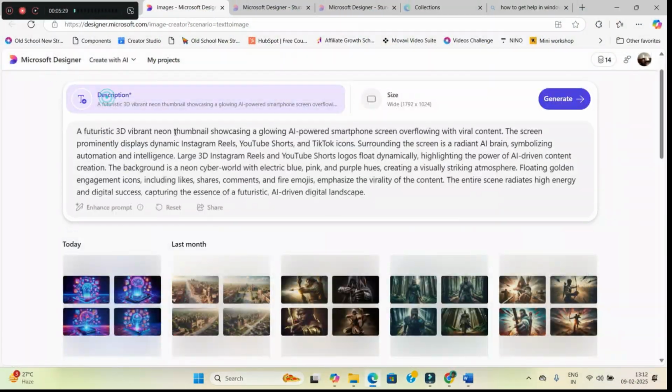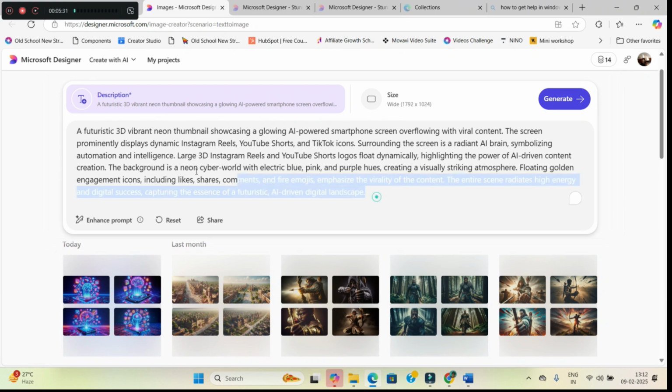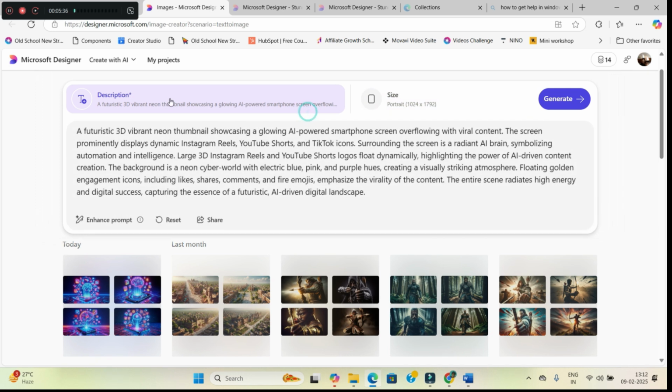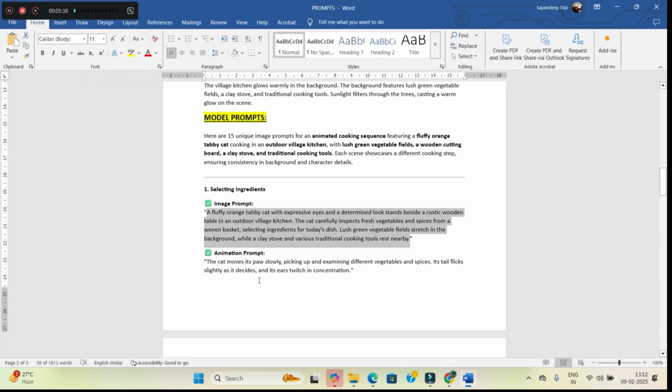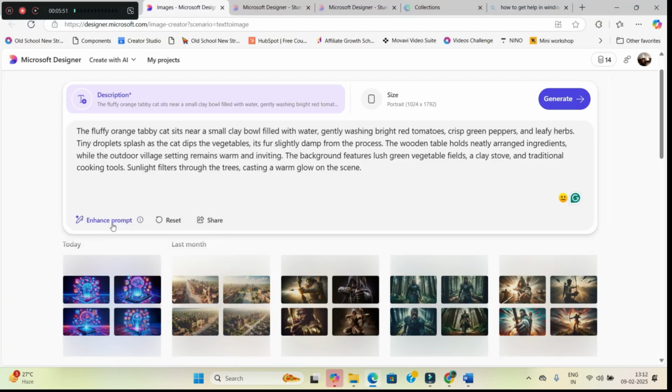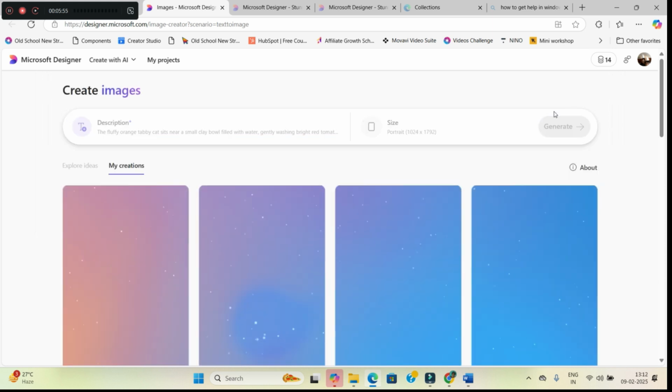This will provide you 15 credits each day for free. So here I will be taking the aspect ratio of portrait, and then in the description I'll have to paste the second prompt. But ideally you should be sticking to one particular software. Now here also an enhanced prompt option is there, but I'm not going to use it. I'm straight away going to use the exact same prompt which we have got from